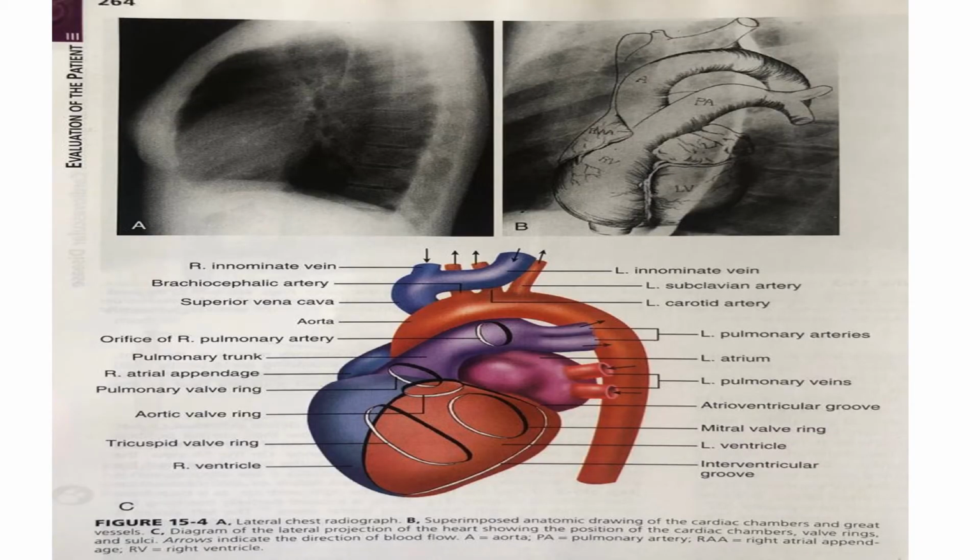This is a picture depicting the lateral view of the heart and the X-ray. As we can see, the left atrium is situated more posteriorly. Hence, any enlargement in the X-ray in the posterior region suggests a left atrial enlargement. The anatomy also shows that the left ventricle is situated more posteriorly compared to the right ventricle, and the right ventricle outflow tract here with the pulmonary artery, and the arch of aorta going from the front all the way to the back.